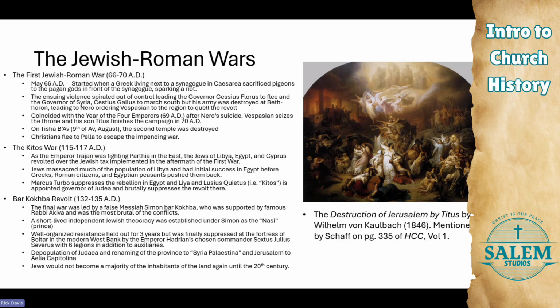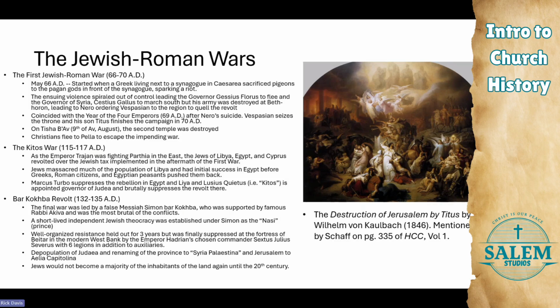And then the final straw for the Jews in the Holy Land for the next 1,800 years was the very tragic Bar Kokhba revolt. This was the final war, which was led by a false messiah named Simon Bar Kokhba, who was supported by the famous Rabbi Akiba, who's one of the more cited rabbis in the Talmud. And this was the most brutal of the three conflicts. A short-lived independent Jewish theocracy was actually established from 132 to 135 AD under Shimon as the Nasi, or the